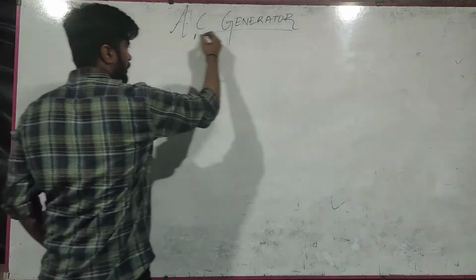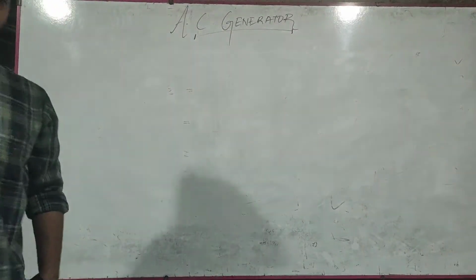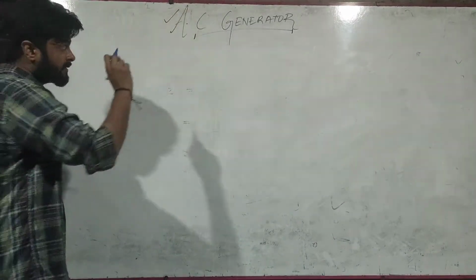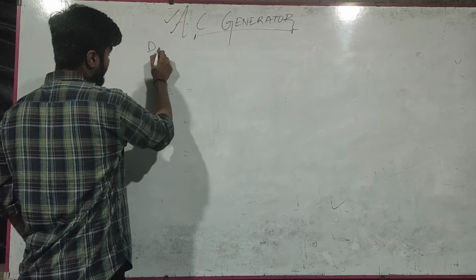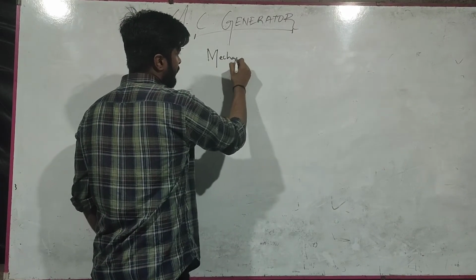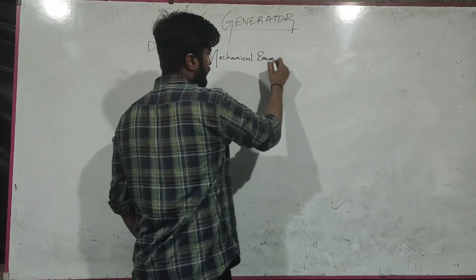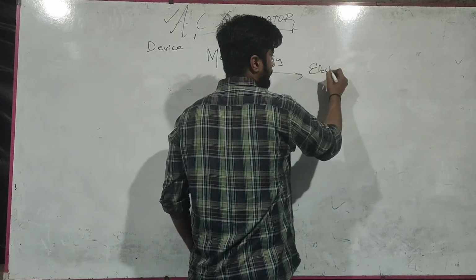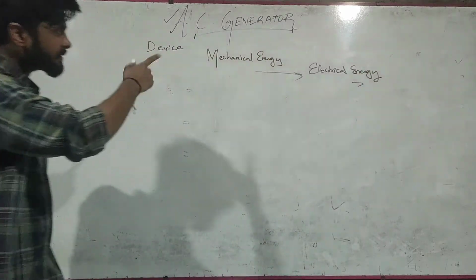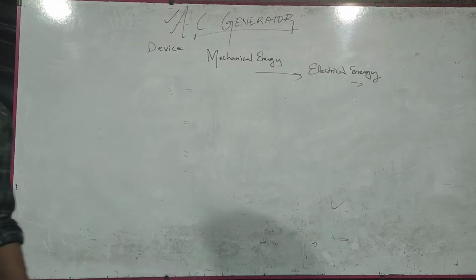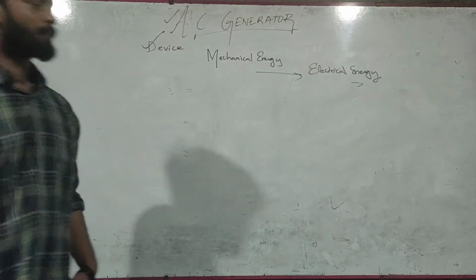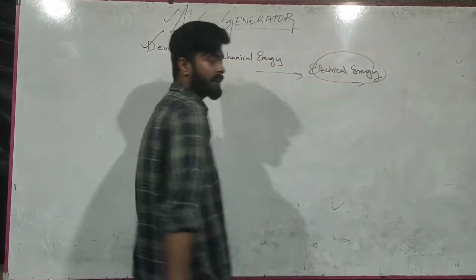So we have to learn about the AC generator. AC generator was a portion which you have discussed in your 10th grade itself. Why do you use an AC generator? AC generator is an electrical device which converts mechanical energy into electrical energy. So the conversion of energy which happens in an AC generator is mechanical energy converted into electrical energy. Clear? So for this purpose, this device, the AC generator, is used to produce electrical energy or electrical current.